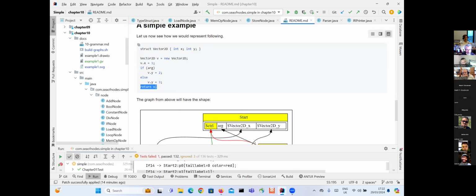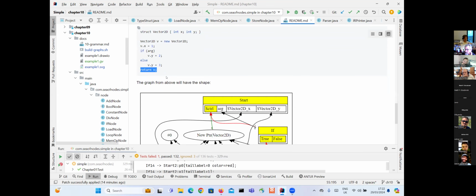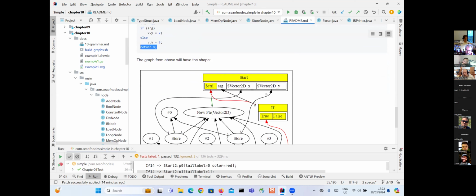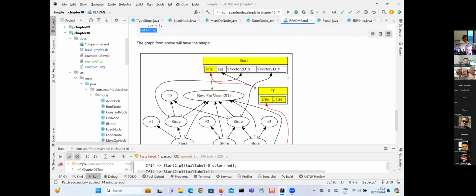And we are returning V. We don't have loads here, but we could. A load is when you access a particular field. What is important to see is the way we set the aliases up from start. As I mentioned, at the beginning you have